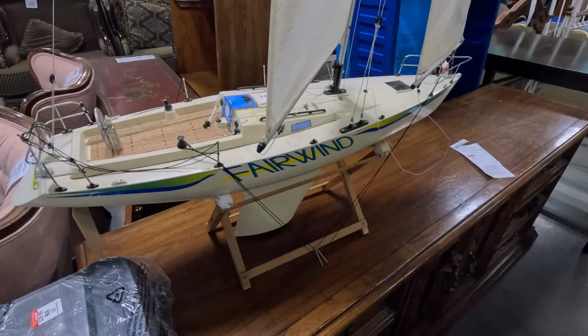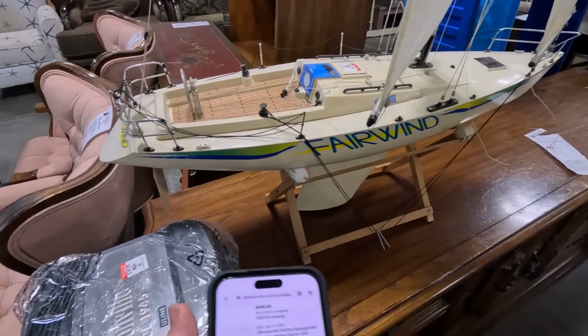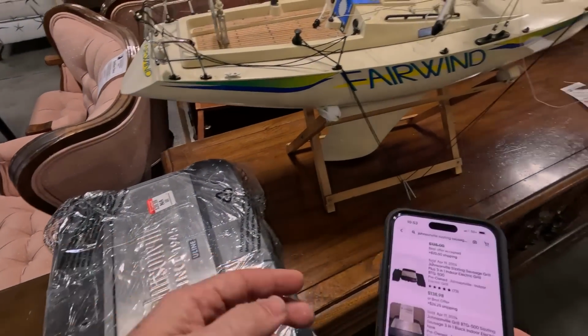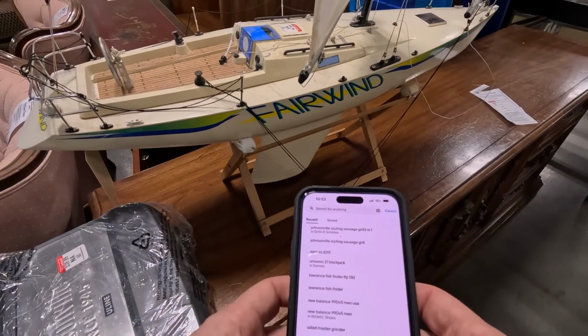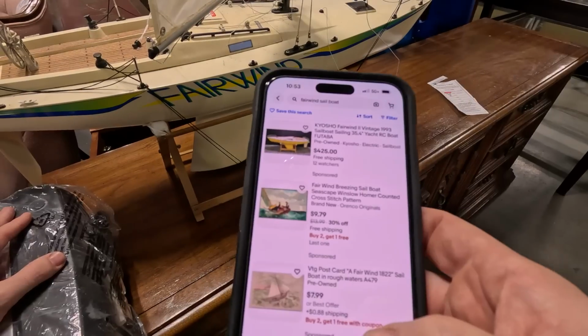Check out this boat. Fairwind boat. Way too expensive. They got it for $95. And again, I just said this was way too expensive, and I think I'm going to go ahead and buy that. The shipping on this would be virtually impossible, I think. Fairwind vintage,